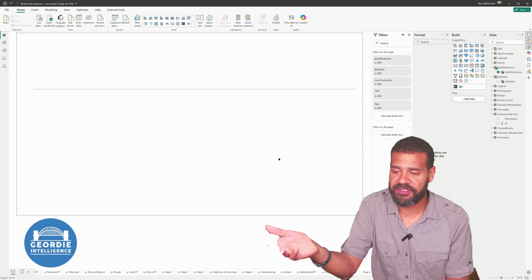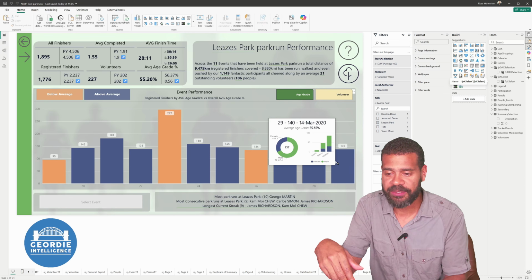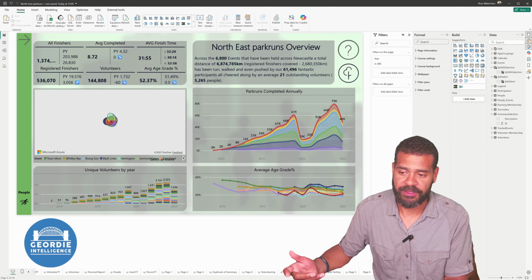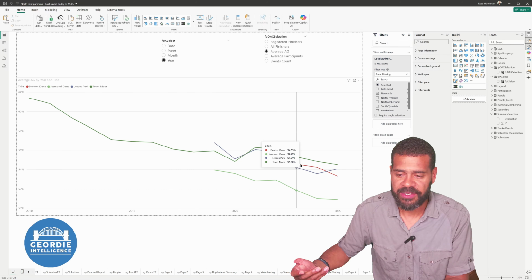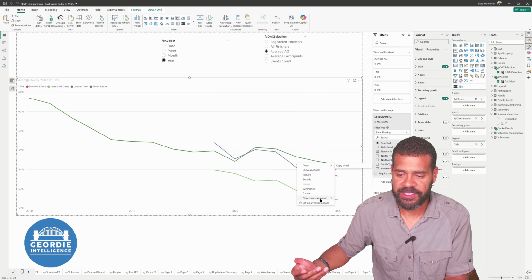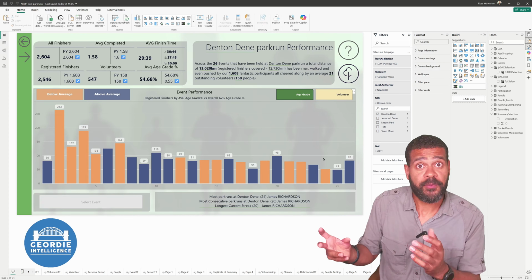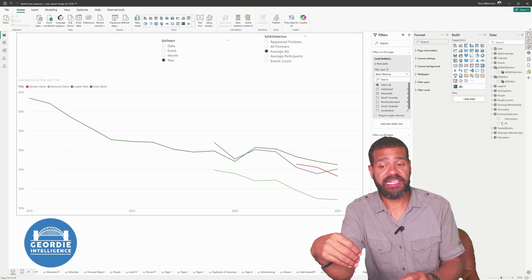So if we go through to the event summary for here, so this is Pick Leisure Park, it's filtered down to that period. Okay, we can go back to the page. Now it's gone back to this page because, of course, it's hard-coded. We can see, so if we went to here, start of Dent and Dean, for example, and let me do it. Dent, perfect. So we've got the first year for Dent and Dean. So we've got something that's going to work very well for us, very quickly, very easily,